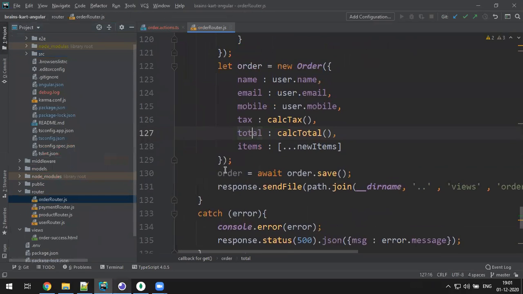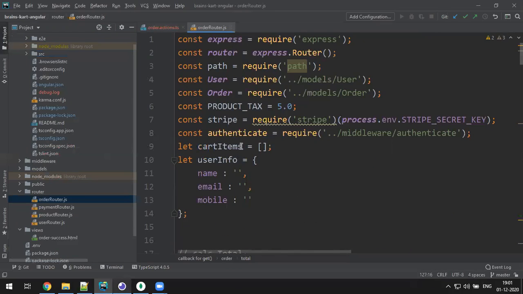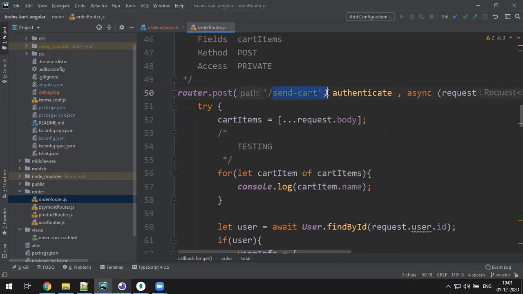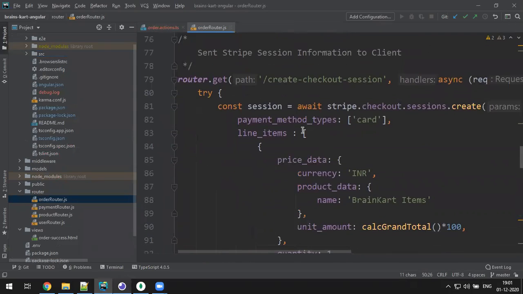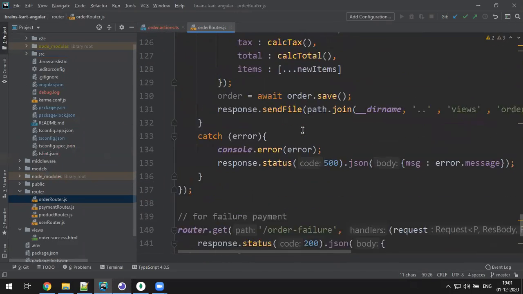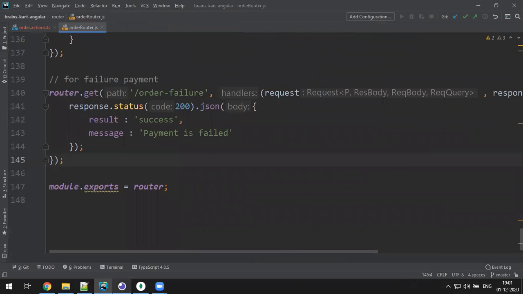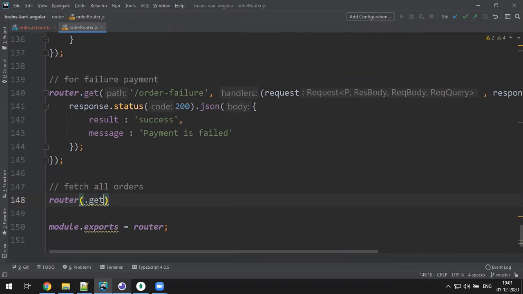order router. Yeah, we have only a few paths. One is calculate tax. This is get the card information. This is checkout success failure. Okay, there is no router to fetch all the orders. Okay, let's make that router first. So fetch all orders. Fetch all the orders. So router dot